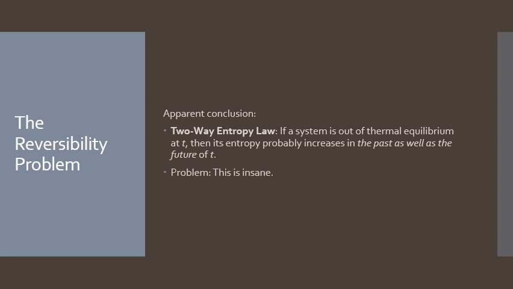Needless to say, these are insane expectations. Nobody thinks that these things are the case, but the question is, why is it that we think that a completely different thing is going to happen in the future than the thing that we think happened in the past? Where do we get the temporal asymmetry given the temporal symmetry in the fundamental laws of physics?